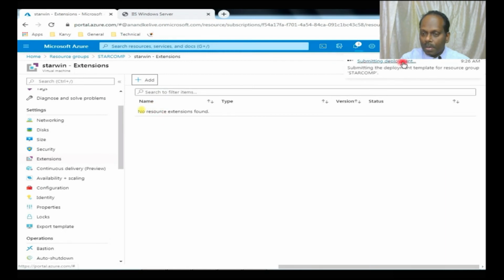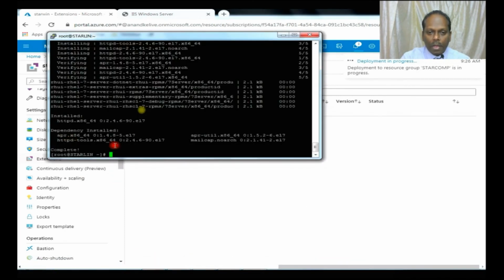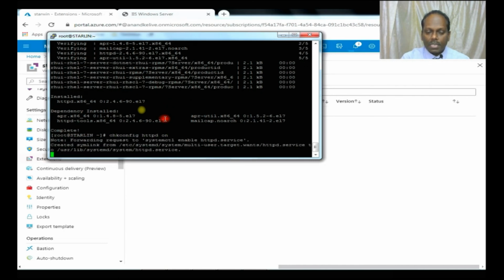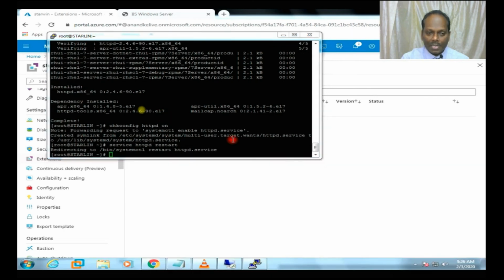We have submitted the deployment. It should soon be available on Windows server. Meanwhile my Linux server is done. You can see the installation is done. What you can do is start the service and also the startup service. chkconfig httpd on will create a startup service. Service httpd restart. Okay, restarted, and you can also see the status if you want,